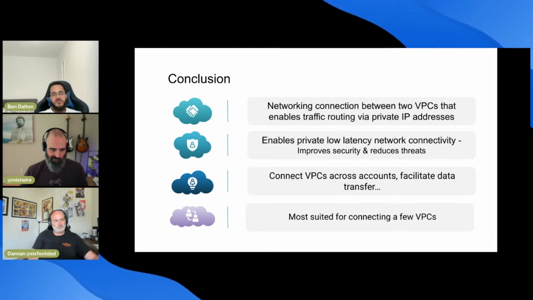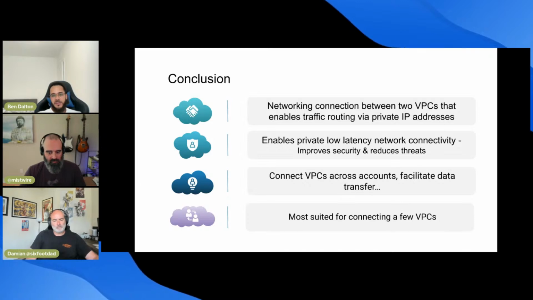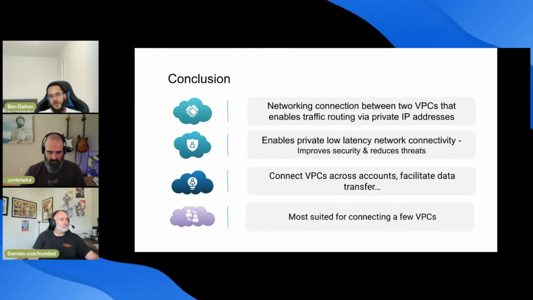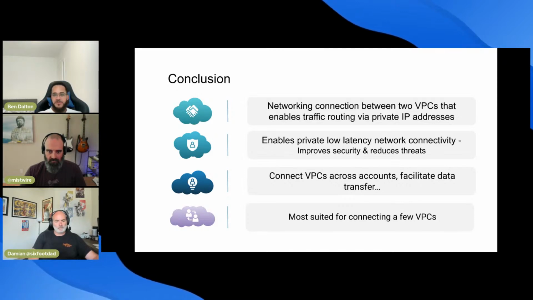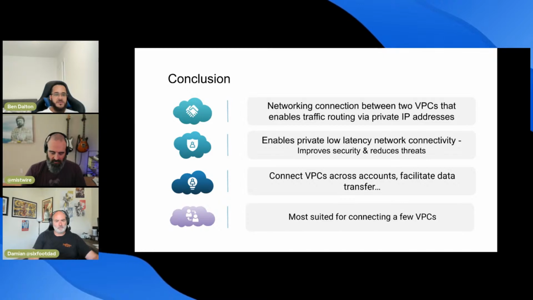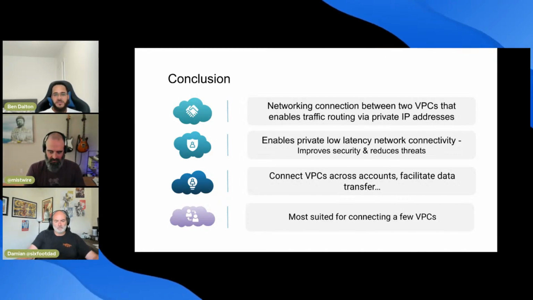We've seen that it's relatively simple to set up. You have the VPC peering connection to update the route table, and then depending on your use case, you would update a security group rule, for example. And any traffic that's routed within your availability zone is free. You pay for cross availability zone and cross region traffic.